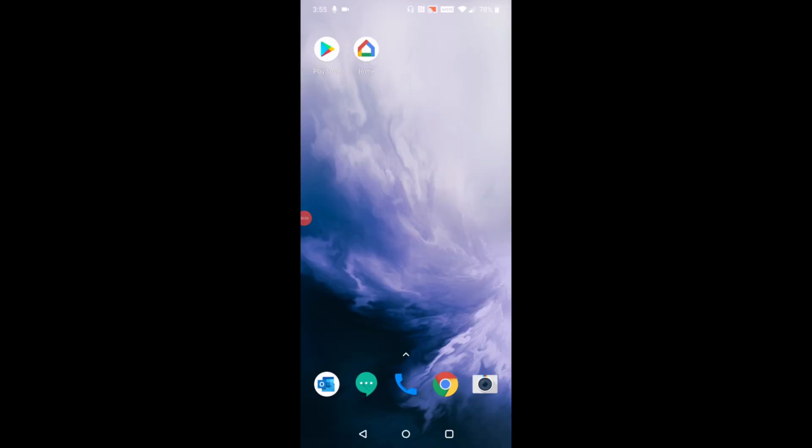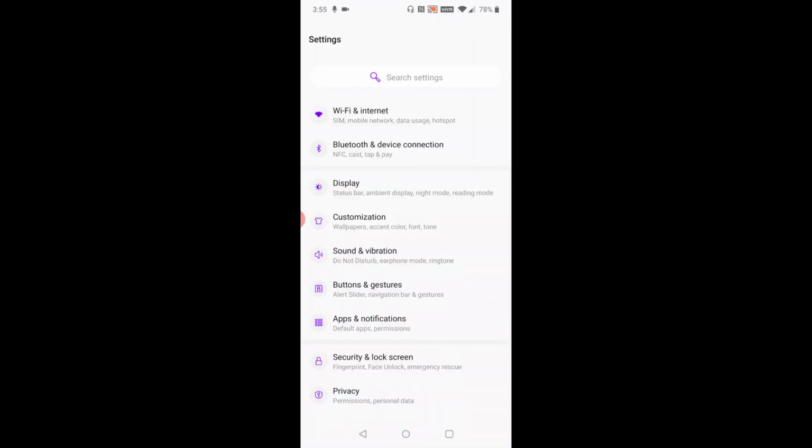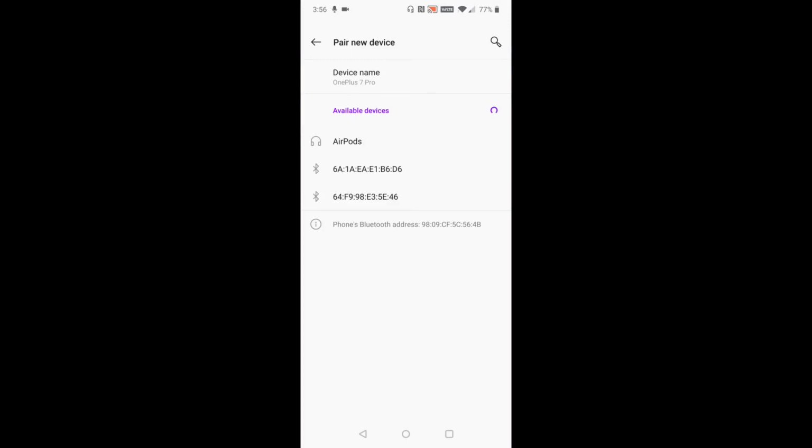All right, guys, so now I'm over on my phone, and to open up the Bluetooth settings, just grab the top of the screen and drag it down, and then click on the little gear settings button, and then click on where it says Bluetooth and device connection, and then make sure that Bluetooth is toggled to the on position, and then click right where it says Bluetooth, and then click Pair New Device, and wait until AirPods shows up